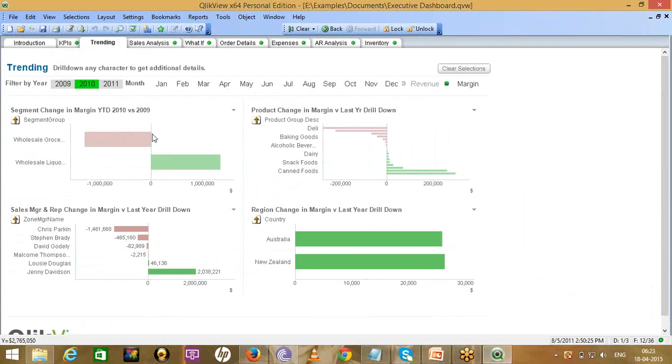For example, independent of this selection, I want to display some hard-coded values on the sheet. For example, independent of this selection, I want to always display total sales. Independent of this selection, I want to always display 2015 sales. Independent of this selection, I want to compare 2014 and 2015 sales. Independent of the current selection, if we want to display some hard-coded values on the sheet, then also we need to go